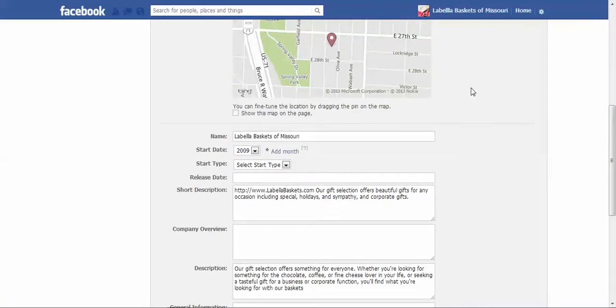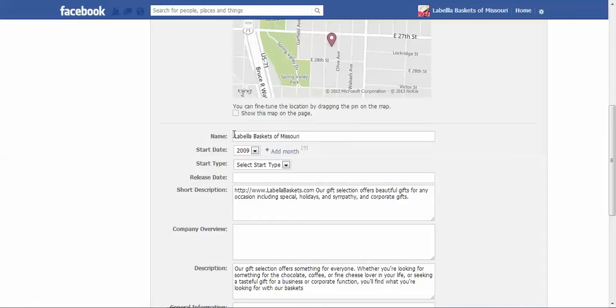Also, I recommend, and we'll talk about this a little bit later, if you are a physical business and you put your physical address in there, you now can get up on what Facebook owns, called Foursquare. That's foursquare.com. I will put that underneath as a tag in the video, so you don't have to remember that later. And Foursquare is where people can check in, and friends of friends can see where their friends have been. This also will possibly get you some more fans organically.